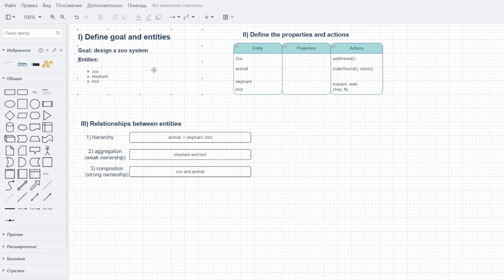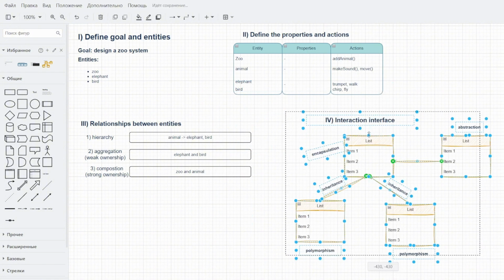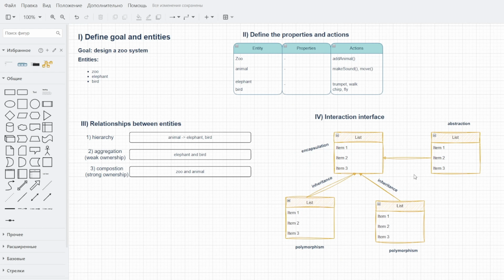Alright, and the next step is we will draw the diagrams. So we have animal as a parent class. An animal has actions like make sound, move, action move,